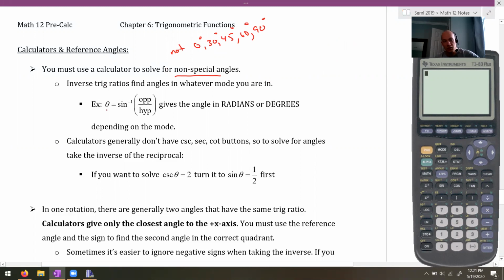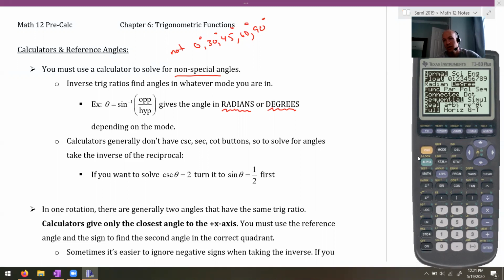First of all, we should know this from grade 10. If you want to get the angle, you have to use inverse, so inverse sine or inverse cosine or whatever. Keep in mind that whatever mode your calculator is in, radians or degrees, it's going to spit the answer back out as radians or degrees. So let's just check what mode mine's in. I'm in degree mode. Then that means if I go inverse sine of 1/2, so 1 divided by 2, and if I push equals, I'm going to get 30,